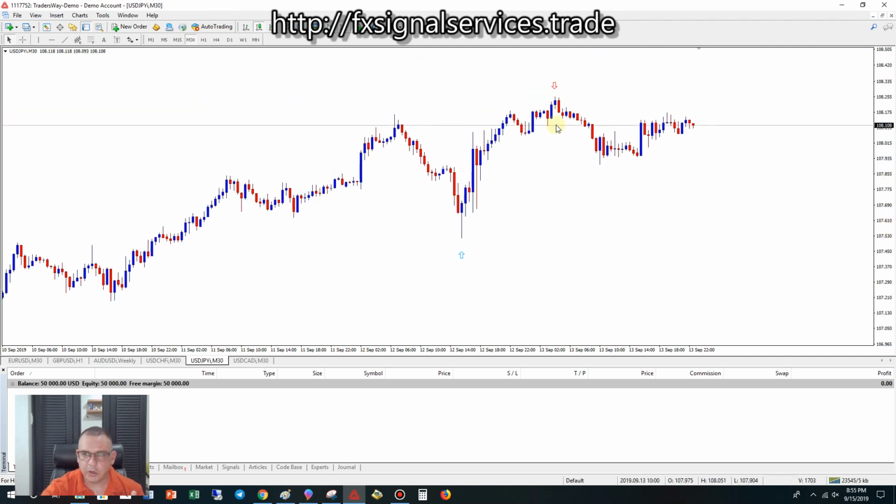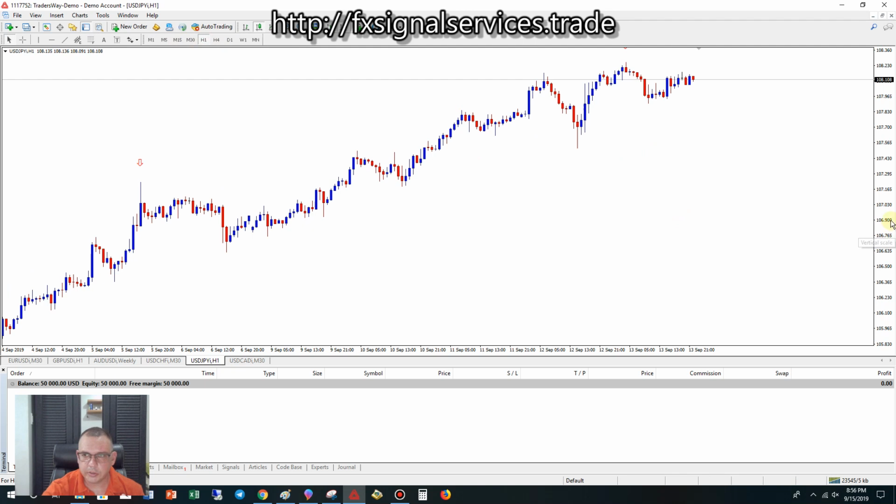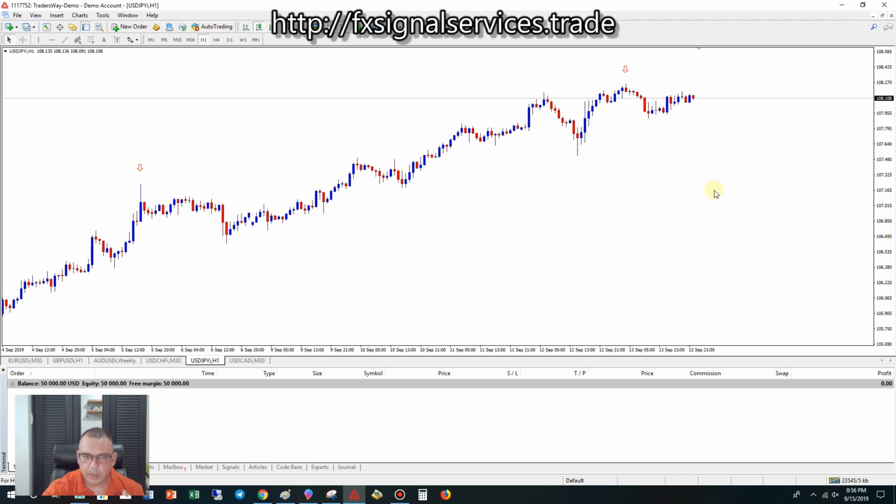So right now on the 30-minute chart, we have a red arrow. So this is probably going to drop some, but overall, like I said, it's going to be shooting up the next couple weeks. So if you wait until you get a buy opportunity on like the 30-minute or even 1-hour chart,